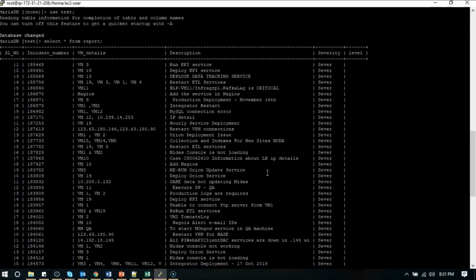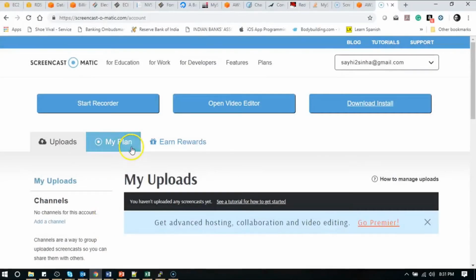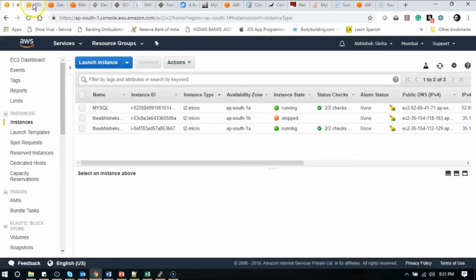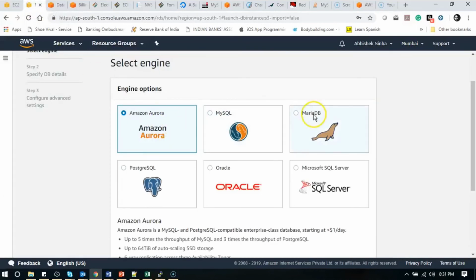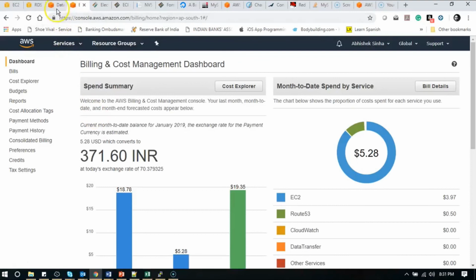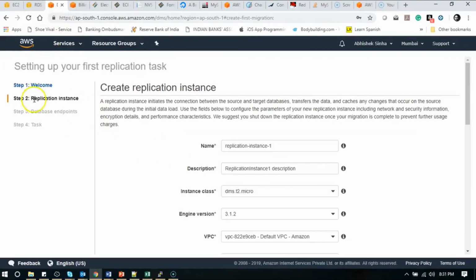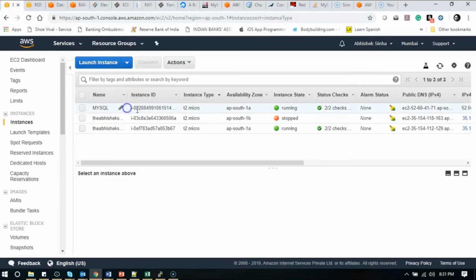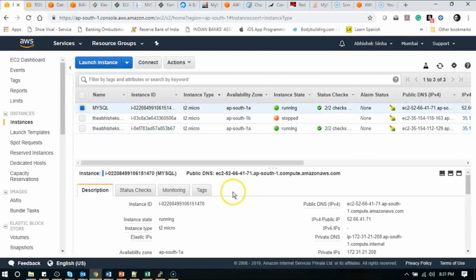I hope this lecture was helpful for you. And another thing that I want to mention over here is that we need to make sure that whatever database instances we are using for our purposes, we need to have them deleted, because if we do not delete them, we will have to incur the cost. So having said that, I'm going to delete this entire setup.